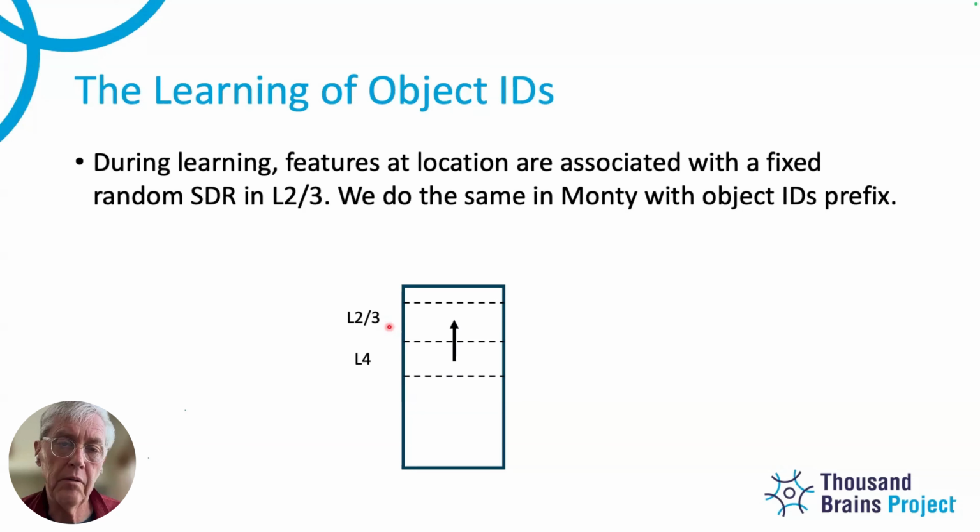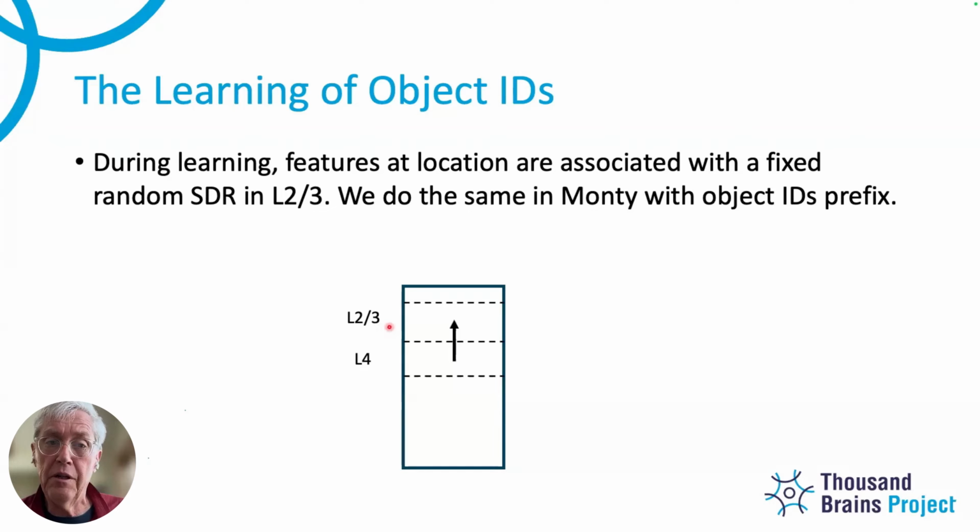Imagine you have a whole bunch of columns in one region, and they're all inferring the same object. In their layer 3 cells, they have different patterns, because they're different cells. Now you have some number of cells in each column, but those cells are linked together. When the pattern in column A is active, there's a different pattern in column B, but they're tied together, so they change together. If someone else subsamples from any of those columns, they'll get the right answer.